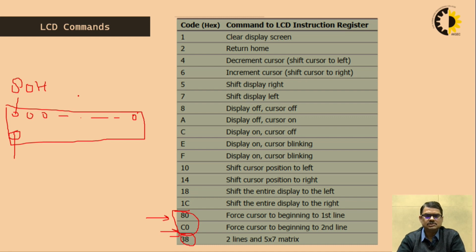Similarly, C0 is the address of the first character of the second line, then C1 is the address of the second character of the second line, then C2, then C3, then C4, and so on. So when we want to display any text or any string or any message on our LCD, we need to specify the address, and along with the address, if we are setting up